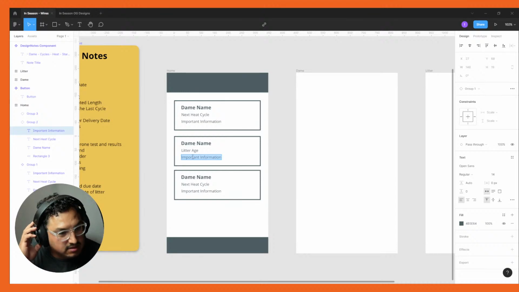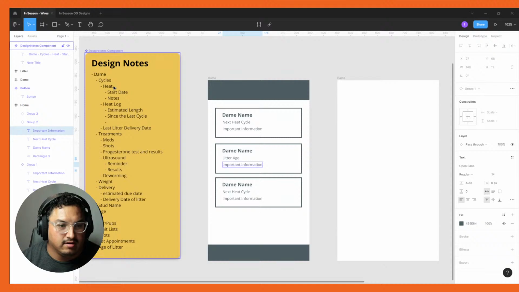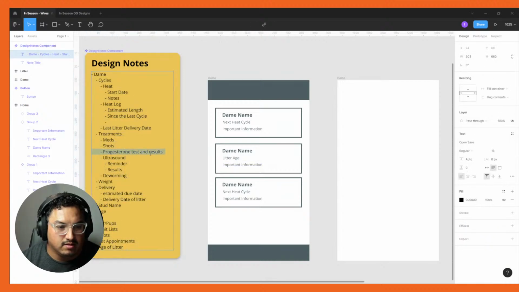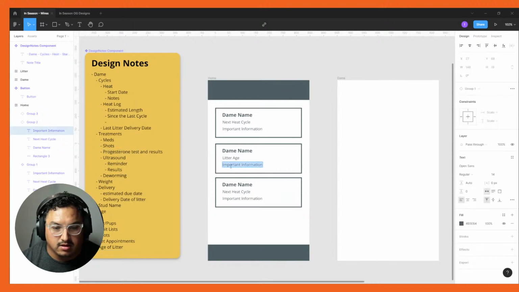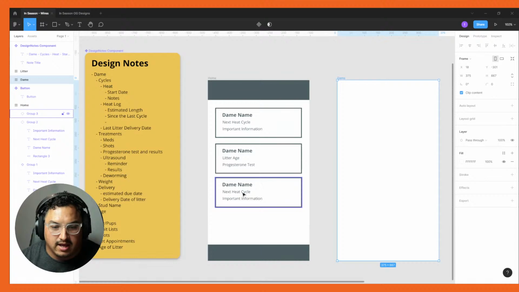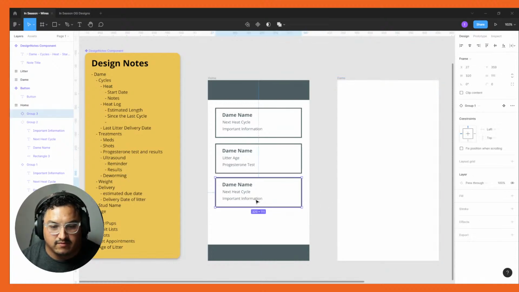So this would be certain things that need to get done. What do we got over here? Definitely the next heat cycle is the top, and then maybe certain treatment. Progesterone. Control C. Progesterone. Oh, that's interesting. There we go. Copy in place, not necessarily test, heat cycle, information,